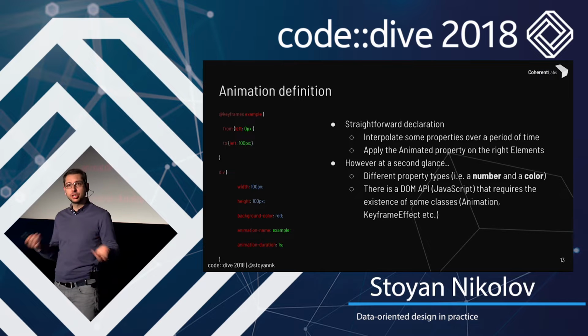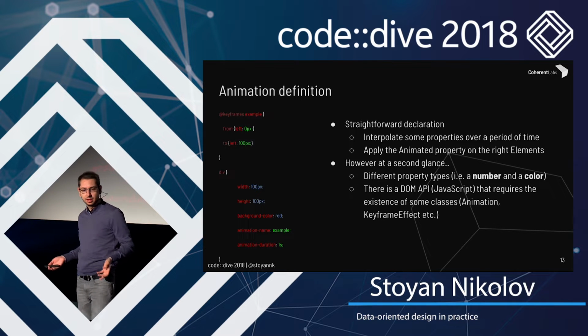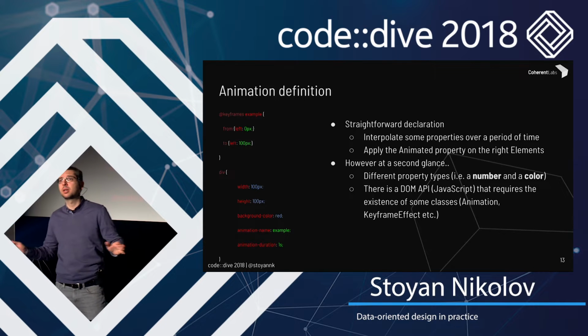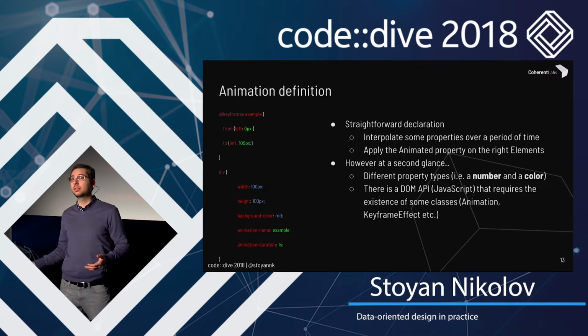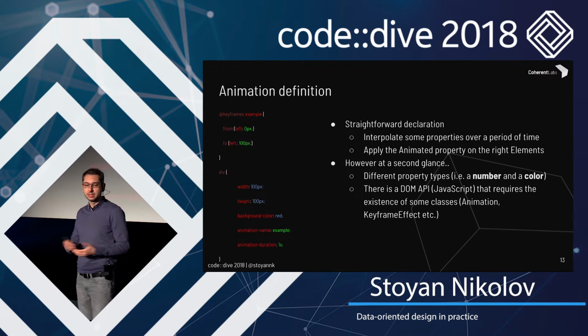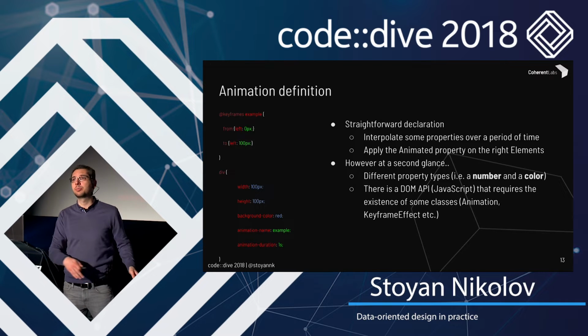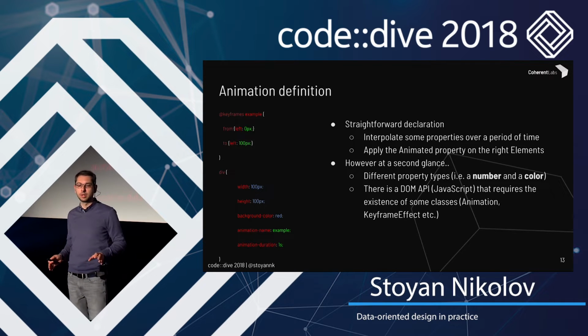The animation definition is very simple. It's a declarative syntax, and it allows you to have keyframes. Again, everybody who's done any animation knows what this is. And you can tell that you want your element to have that animation. It has a name, which are the keyframes. It has a duration and a bunch of other properties. We're not interested in them. These are the most important ones.